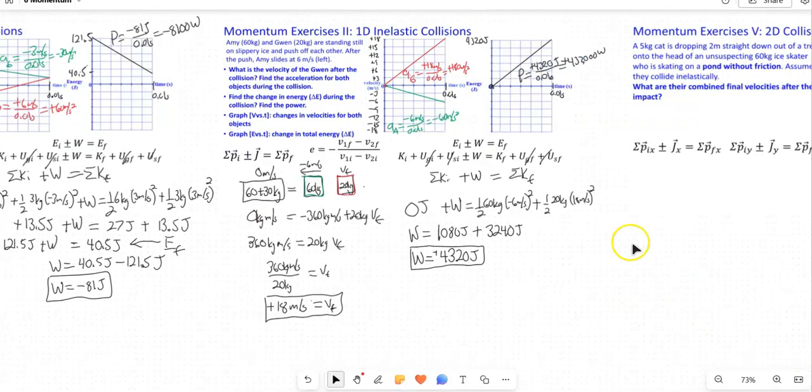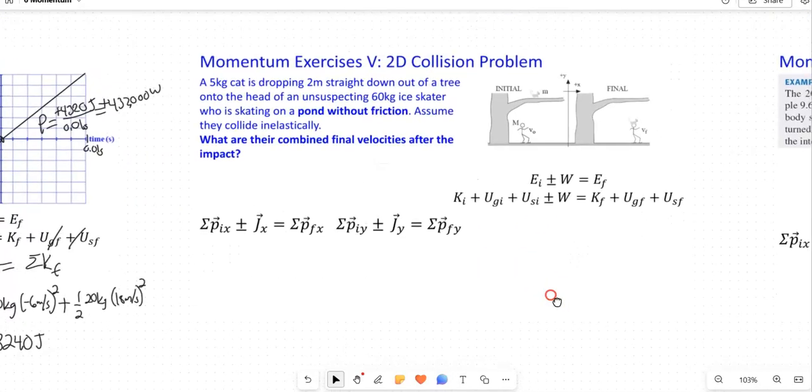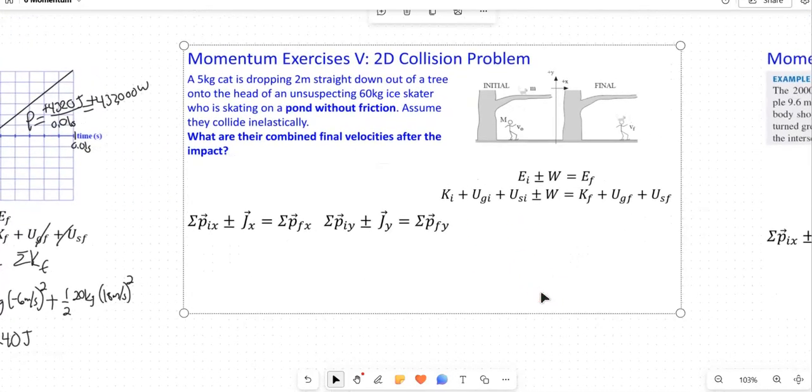Okay. So let's do this problem. Now, this is similar to your problem. I think your problem is very close to this. But here's a problem. It's almost a true story. I was skateboarding and a little kitty cat dropped onto me and scared me, and it landed on me and I fell to the ground. I was a little kid at the time and I was crying. And anyways,